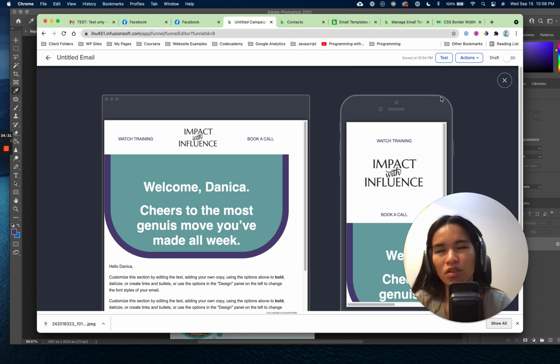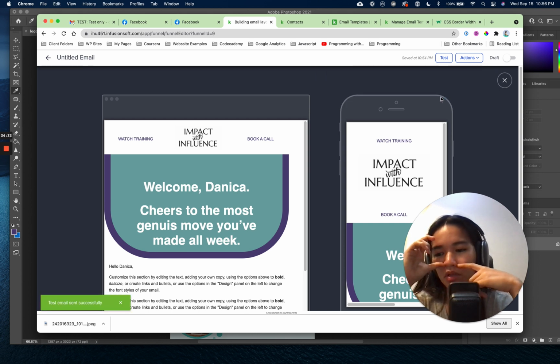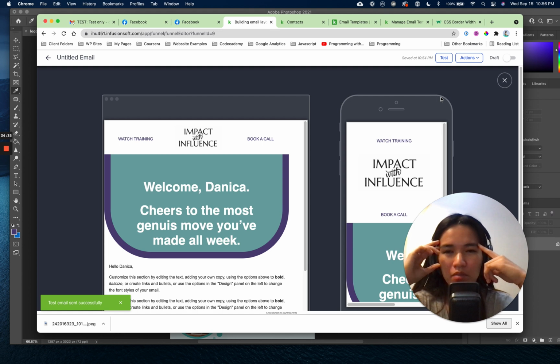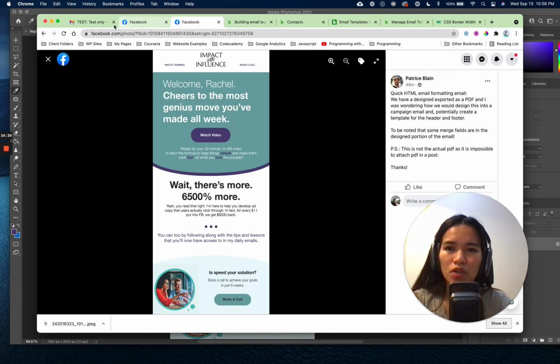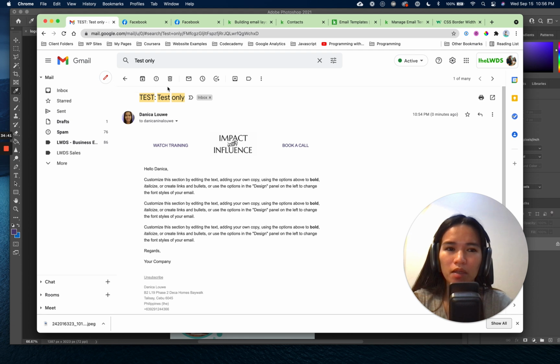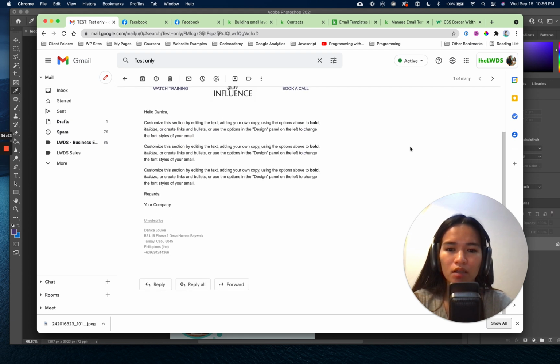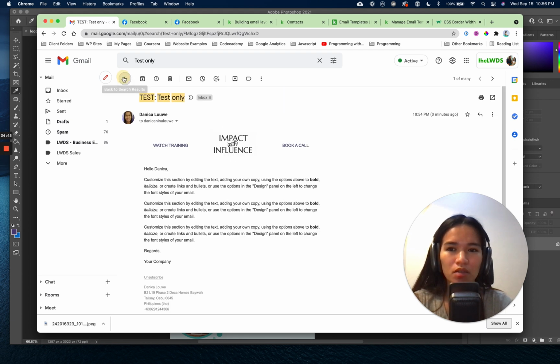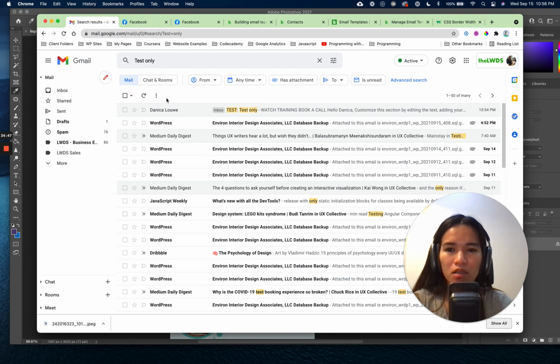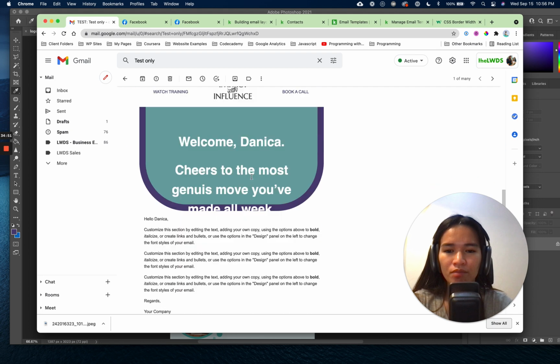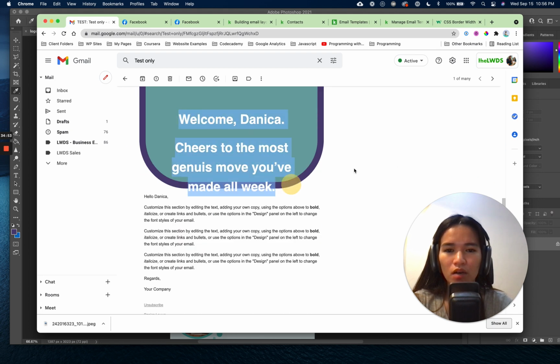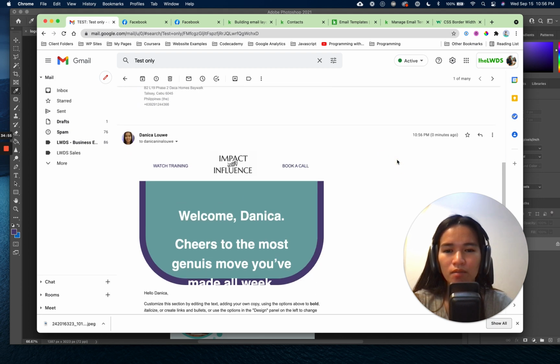So the HTML block in Keap is a bit tricky. I've tried building emails for my clients, and I really need to test it out because sometimes it works, sometimes it doesn't, and they have some restrictions. So it works. Now what you need to do is to